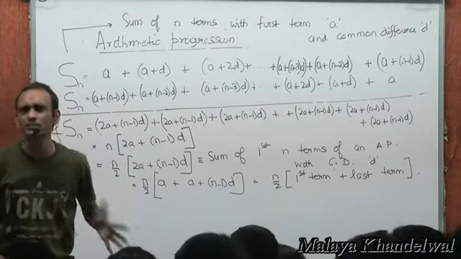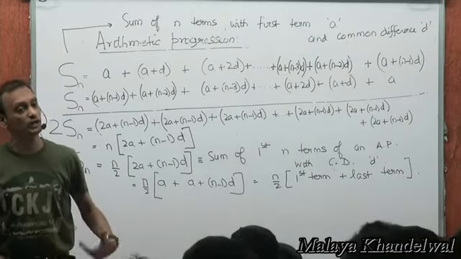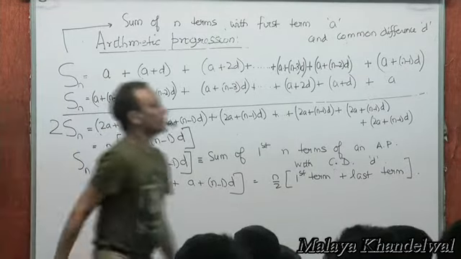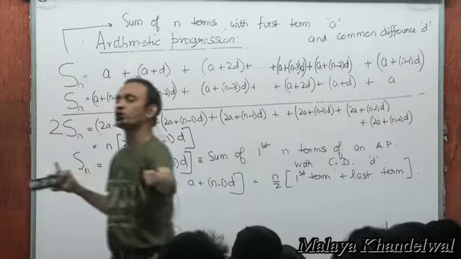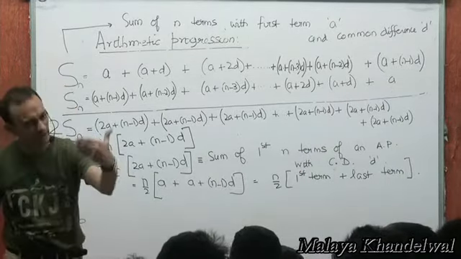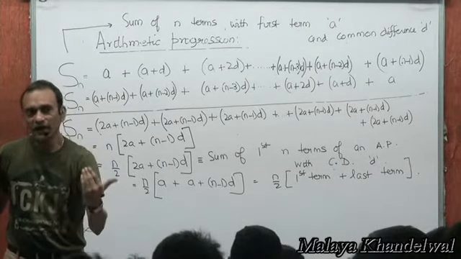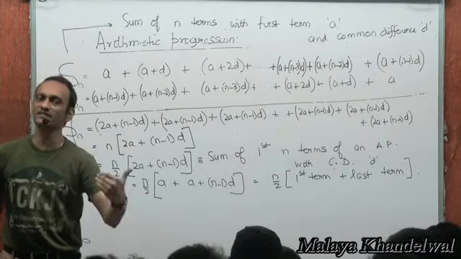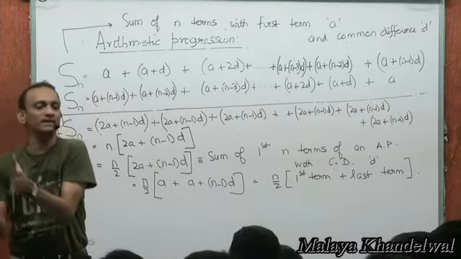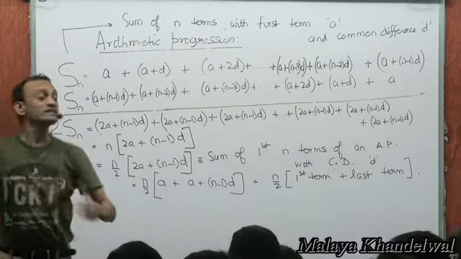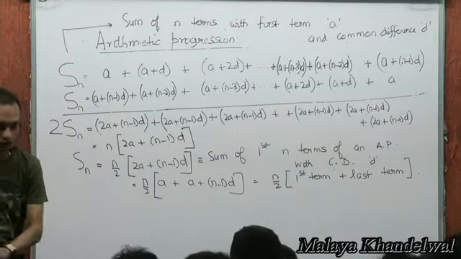Let me have at least a basic introduction of both these sequences going on today, even before I venture into their properties. A collection of numbers in which any term minus previous term is a constant is an arithmetic progression with a common difference d. Any term is obtained by adding d to the previous term. The nth term of the sequence would be a plus n minus 1 into d. Sum of n terms is going to be n by 2 into 2a plus n minus 1 into d.